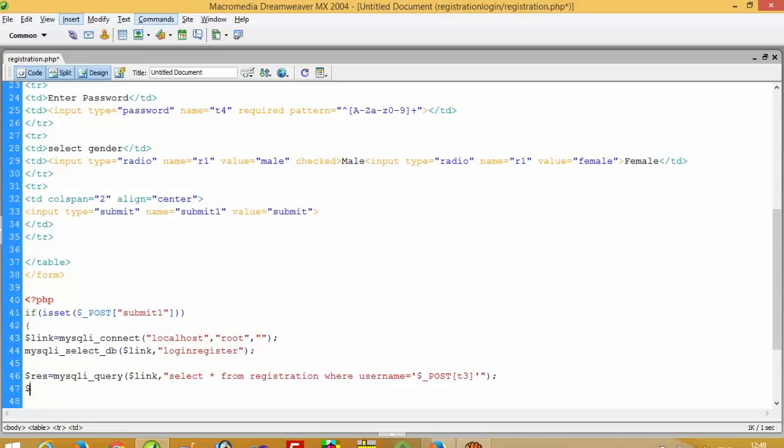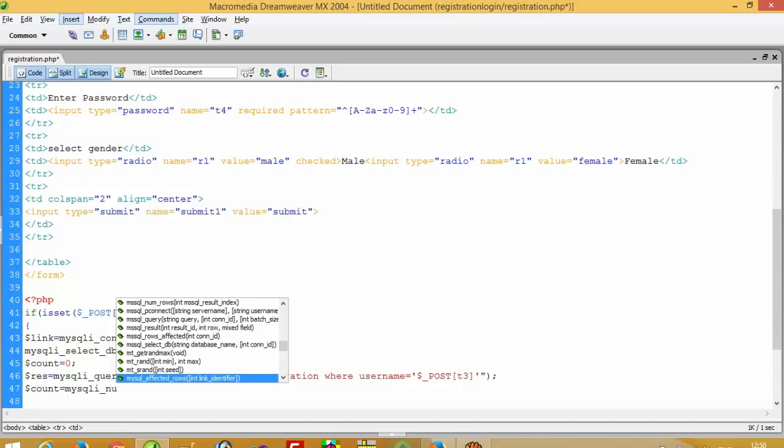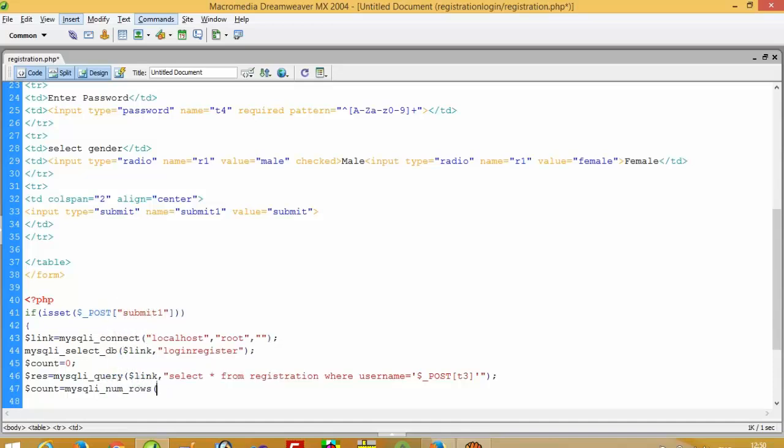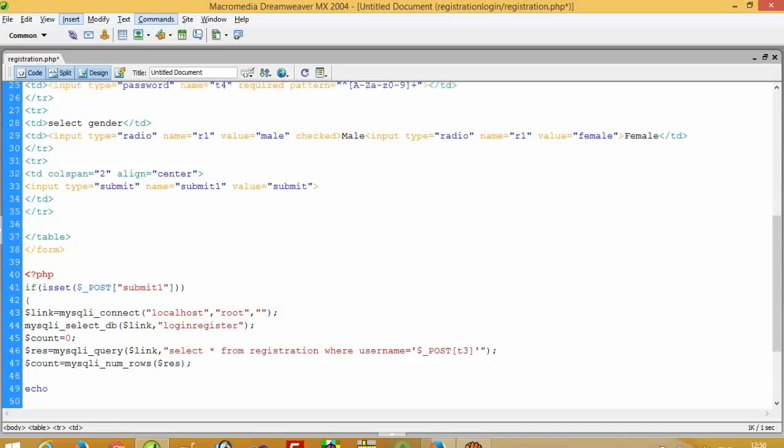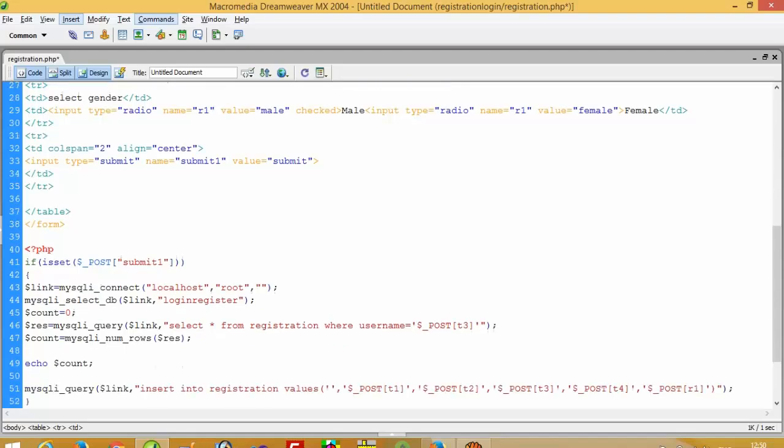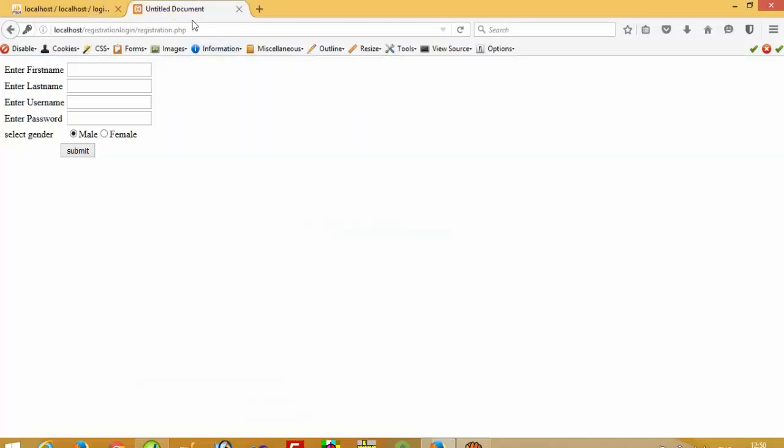Otherwise we can do it like this: $count is equal to mysqli_num_rows, and here we can pass $res, and here echo $count. I am going to comment this query, and now